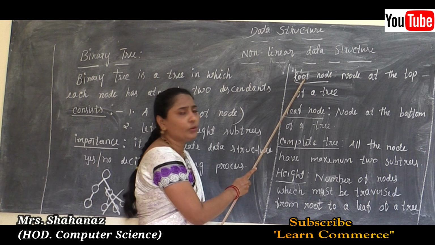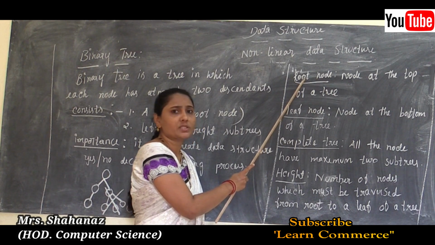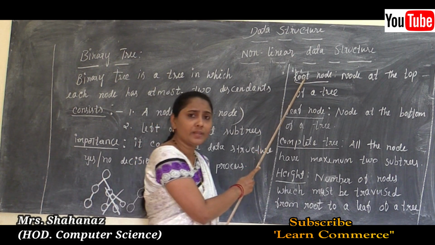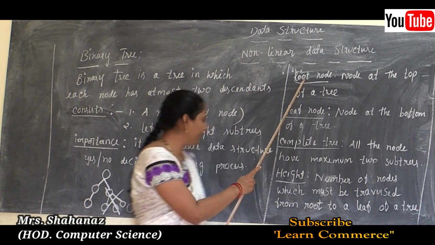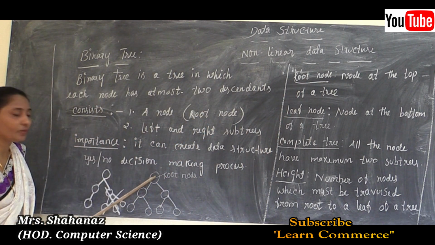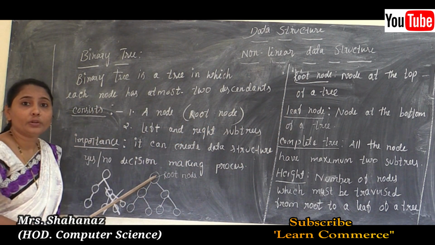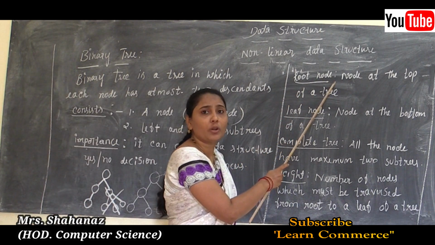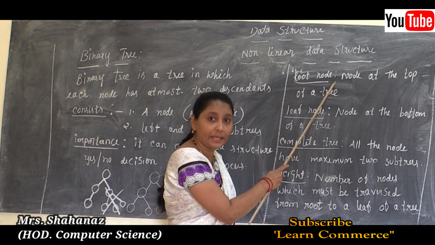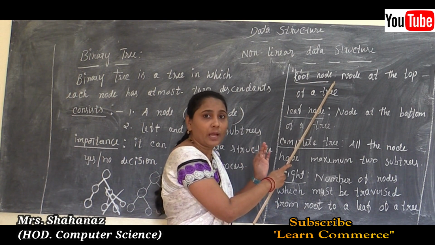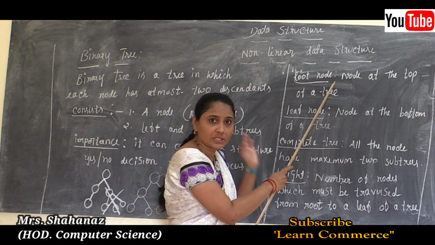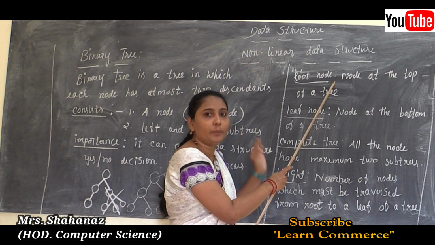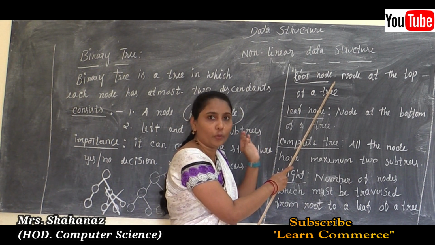That is the root node here. We already know the meaning of the root node. That means the topmost node of a tree. The topmost node of a tree is called the root node in this case. And the node from which all operations on the tree commonly begin. Okay, it is one node, and whatever operation we are going to start, such an operation is going to start by using our root node only.